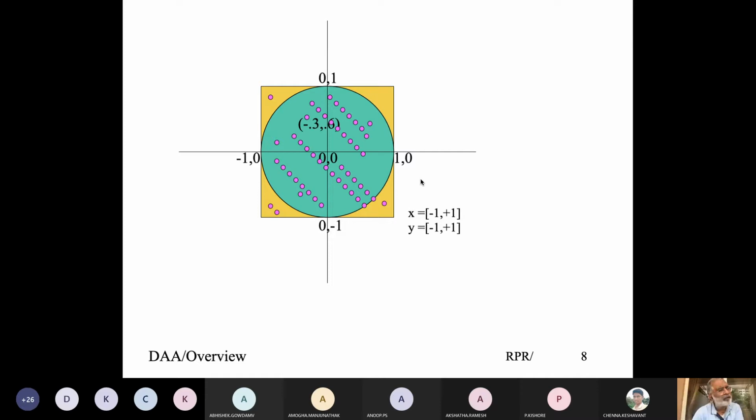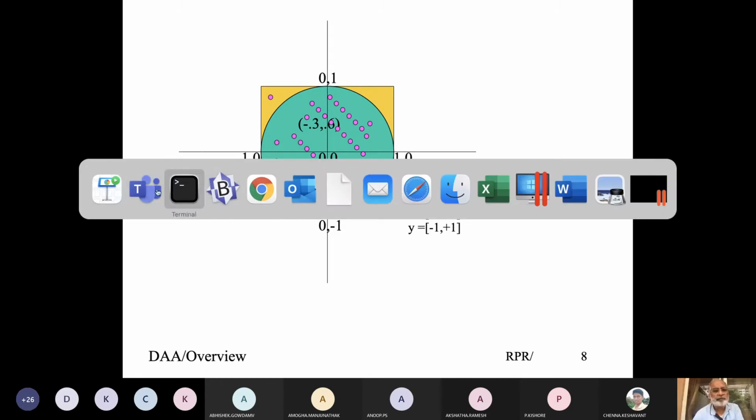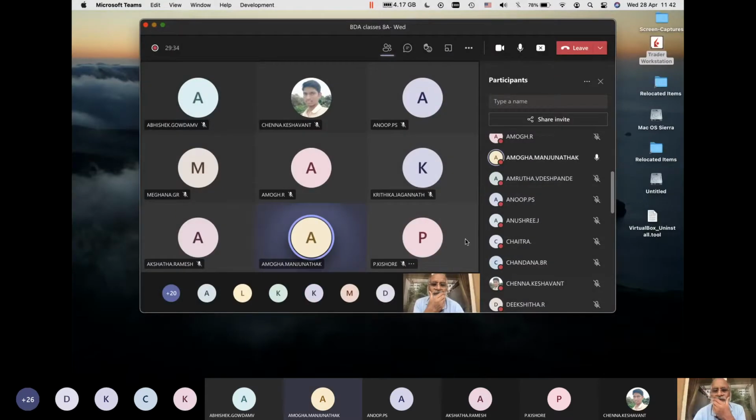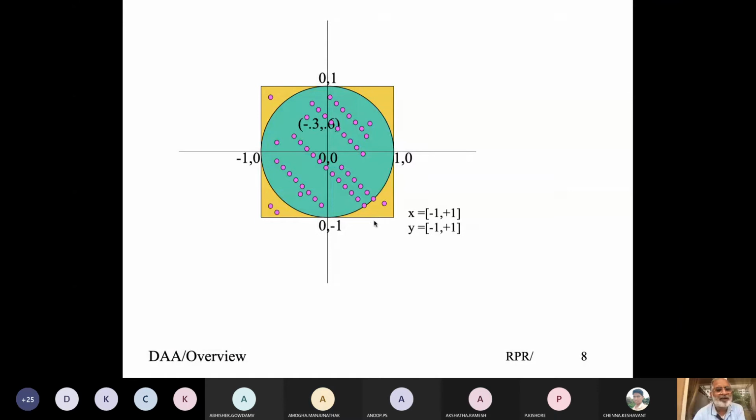The equation of a circle in coordinate geometry? (x minus h) whole squared plus (y minus k) whole squared is equal to r squared. Answer is right, but can you tell me what h and k are? The center of the circle.